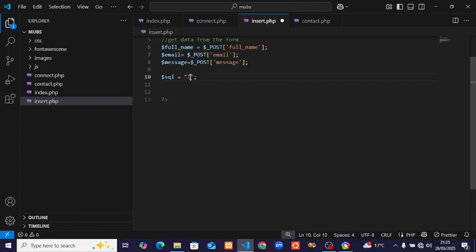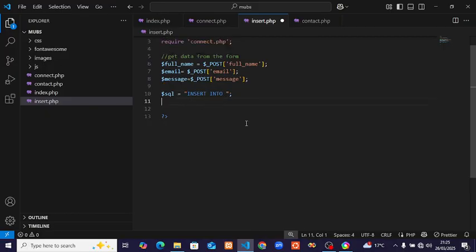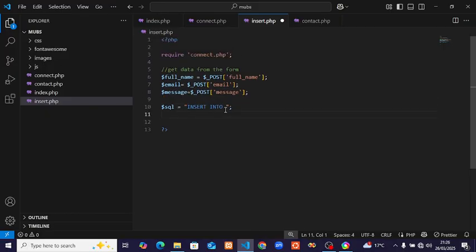For example, we can use insert into. Now you're inserting into, and what you pass here should be the table name that you have created in your database. Remember, right now we haven't yet created a table that we are going to pass here. So the first thing we need to do now is to go and create a table in the database, so that whatever data is coming from the form can be saved in the table that we have created in the database. So the first step we can do before we write this SQL statement is to go